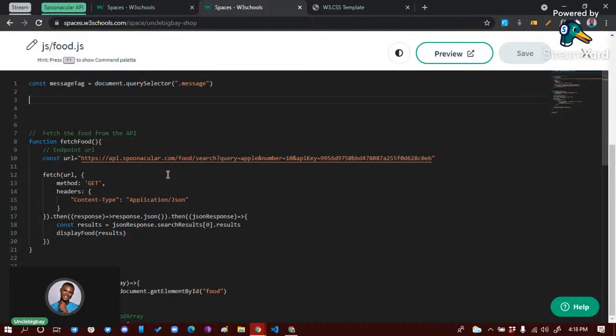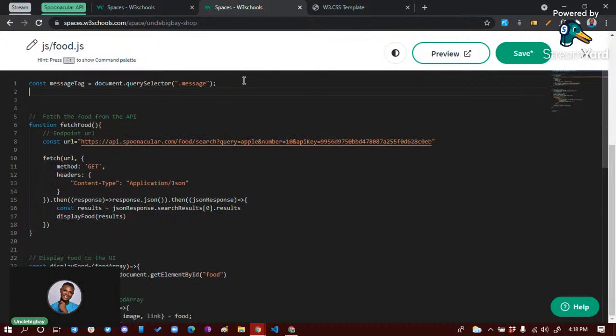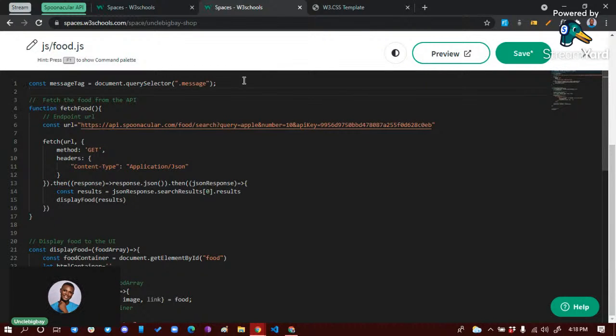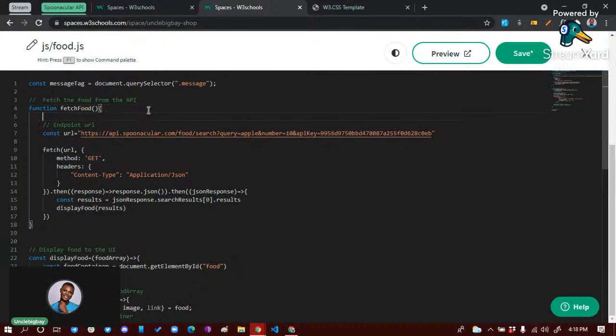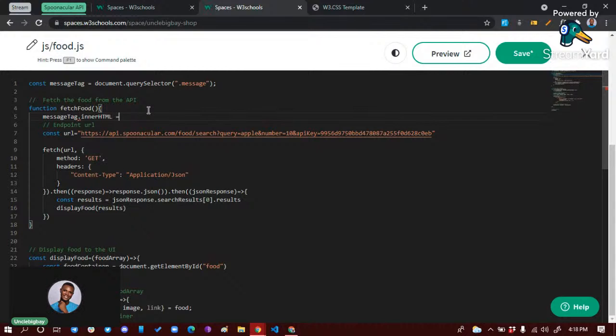So just like the way we get access to this guy and console.log it, you can just apply what you learned there and see if we are getting it right. So now that we have this guy, what we want to do is, immediately this function is called, immediately the page loads, we call this function. What we want to do is come to this guy and say message tag dot innerHTML equals to